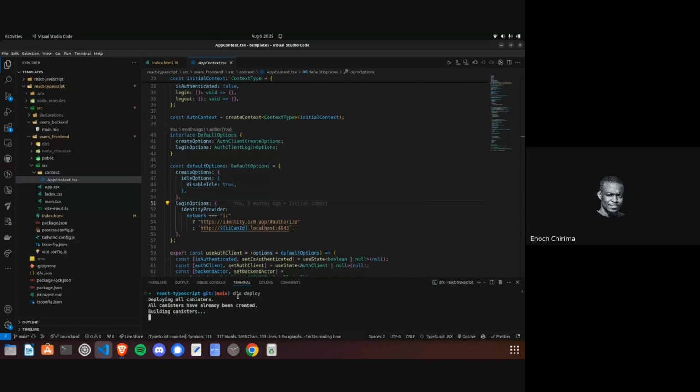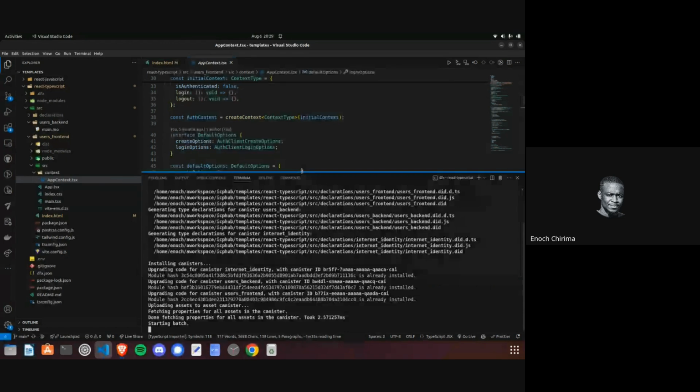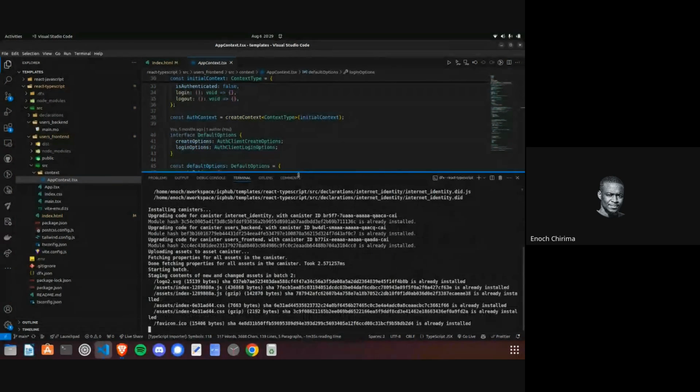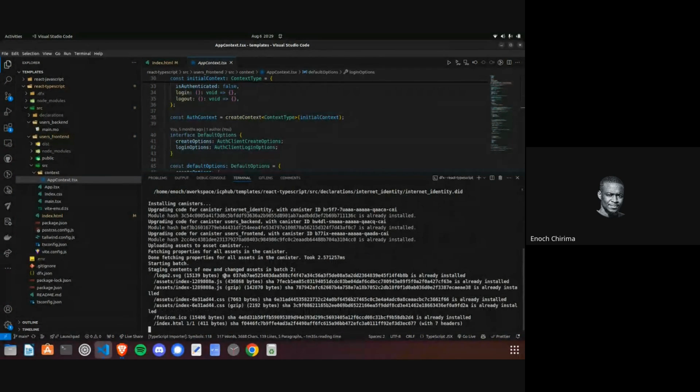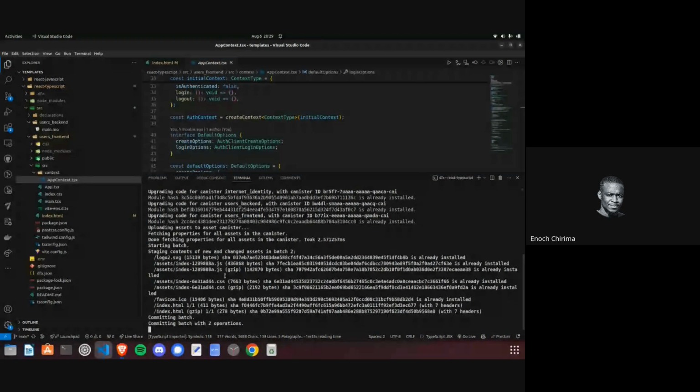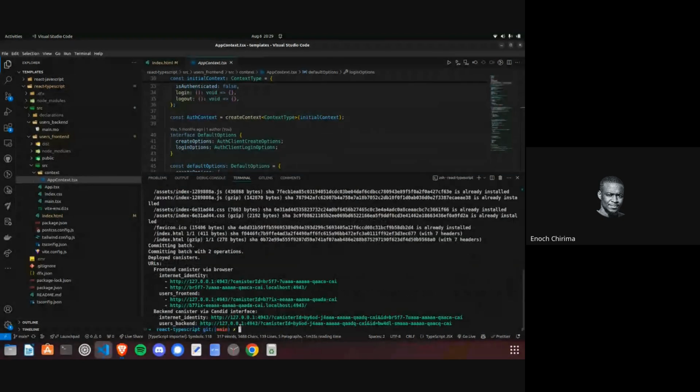Let me deploy it like this. Okay, so one thing before I proceed here, we've deployed our canisters, right? And then here we have the front end canister